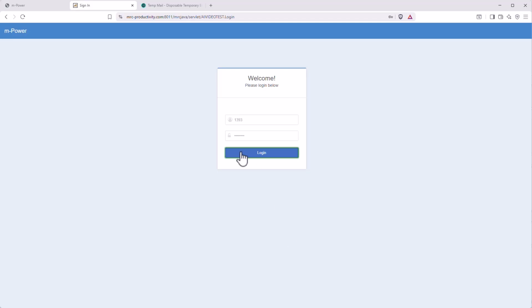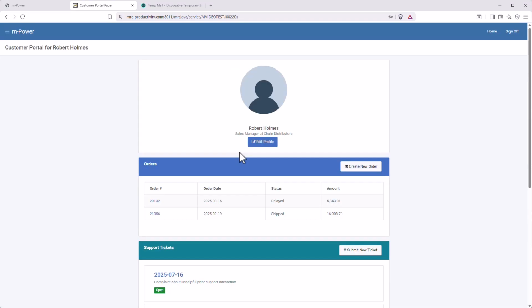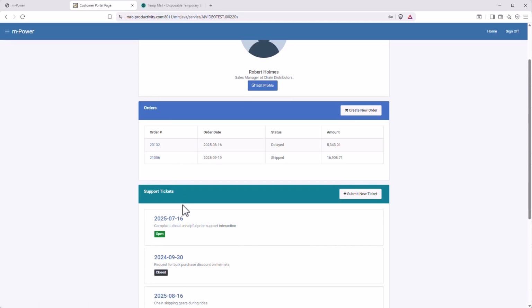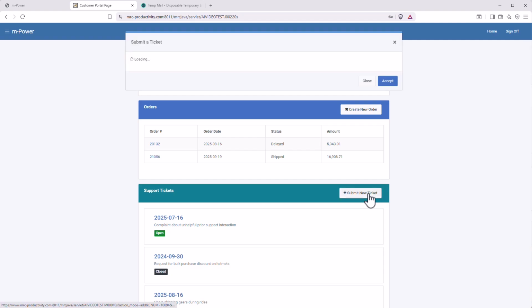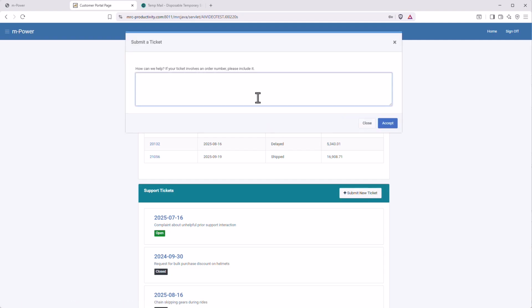We have a simple support portal here for our fictional bicycle manufacturer, where our customer can log in, view their orders, create new orders, view their support tickets, and submit new ones. When someone submits a ticket, it gets written to my database, and then the support manager can assign it to